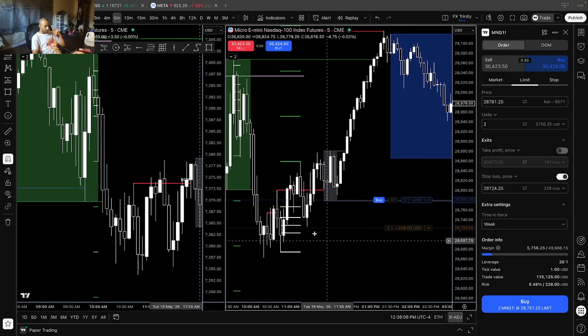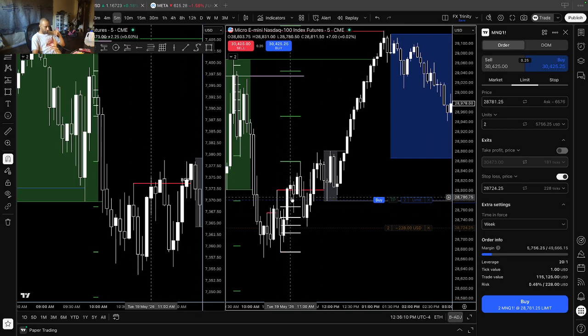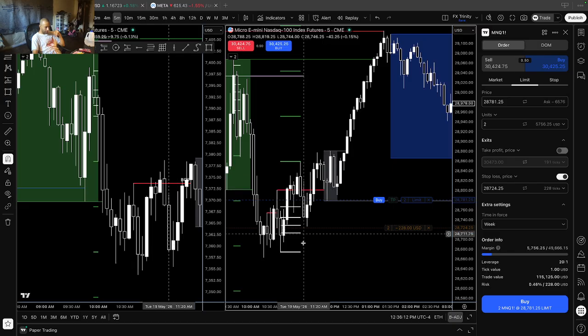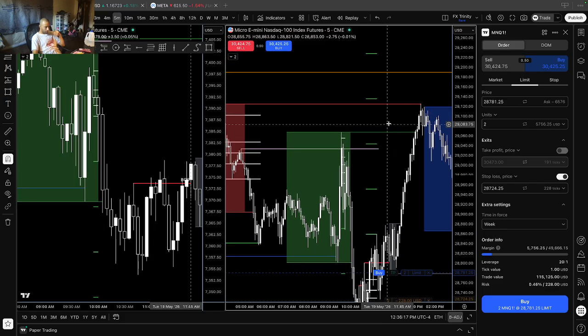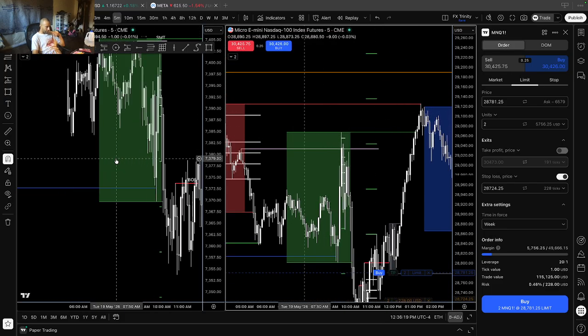Now the cleaner 5-minute breaker structure was right here. You see this? Boom, like this has some range to it. Pulls down here and then you target the top. Boom. And then the second move